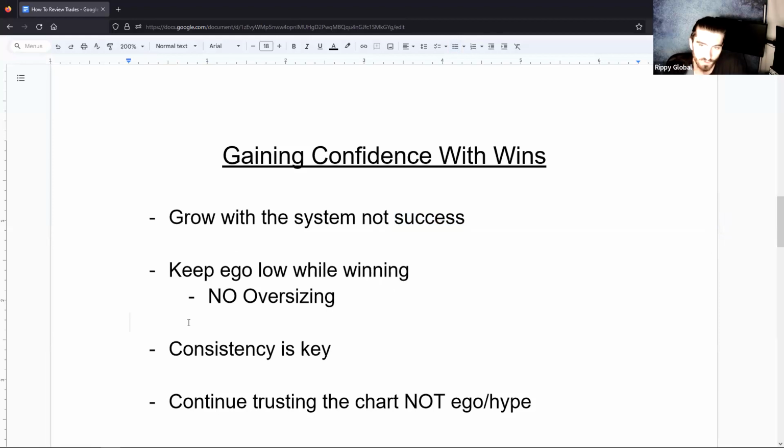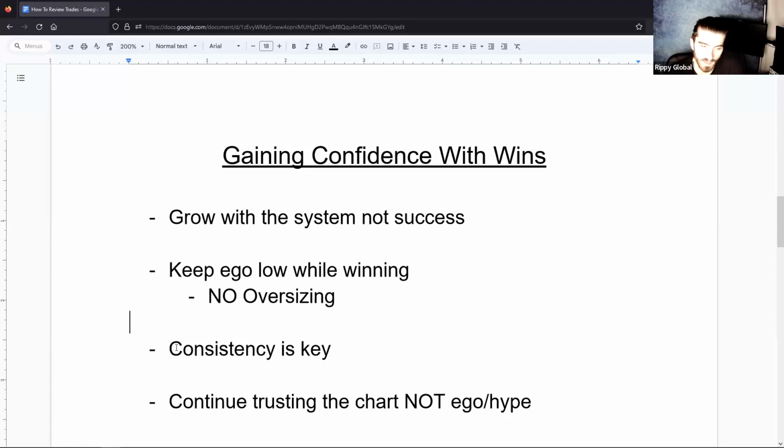If the market is showing what it needs to and you keep the risk minimal, you can increase the size of what you use and keep it minimal from a losing perspective compared to a winning perspective. You just have to prepare for everything. And of course, the biggest thing, consistency. With confidence, you have to be consistent. You have to be disciplined. You have to follow the same system every day.